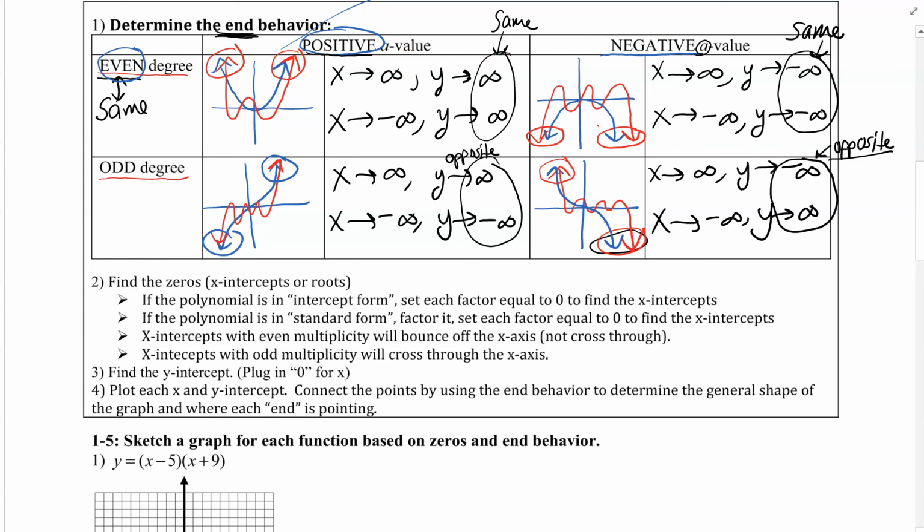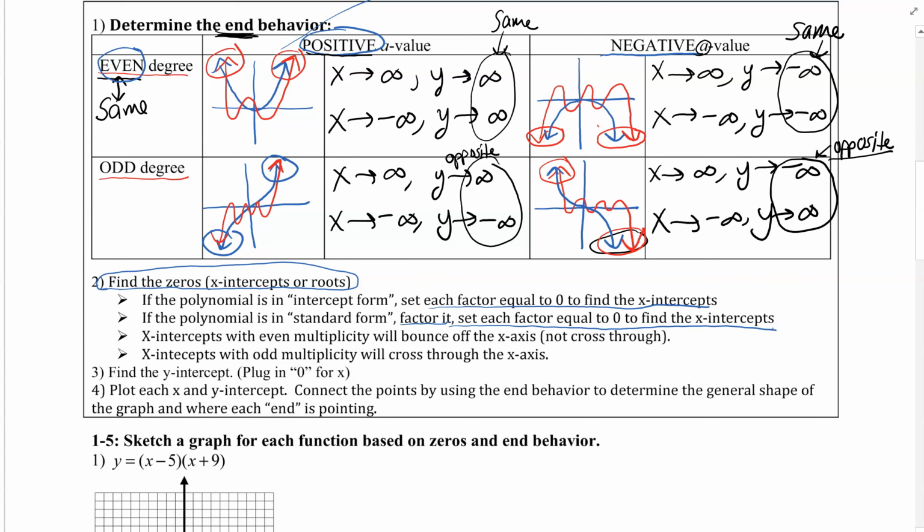But in step 2, it has us find the zeros, find the x-intercepts. That helps us understand more of what's going on in the middle. You know, where does it hit x? How many times does it have to bounce around over the x-axis? To do that, if it's already factored, we're just going to set each factor equal to 0 to find them. If it's not already factored, we're going to have to factor it and then set each factor equal to 0